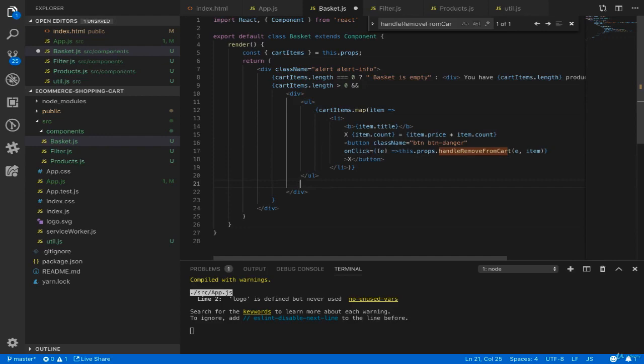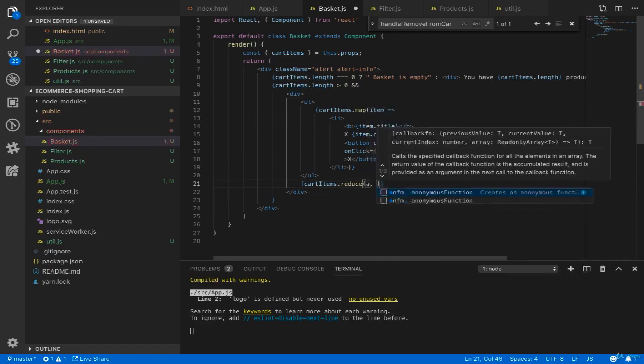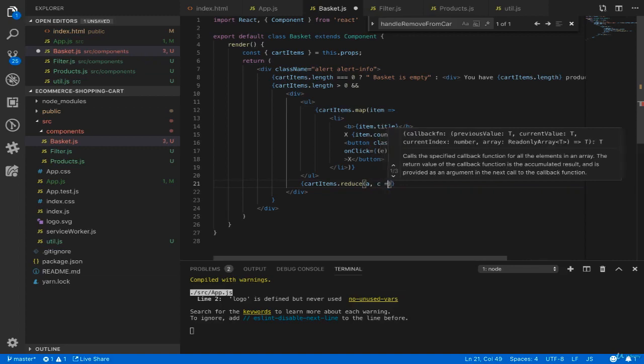Here we use the reduce method of array for cartItems, and for accumulator and current item